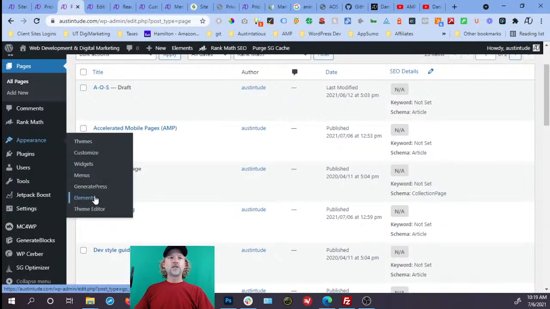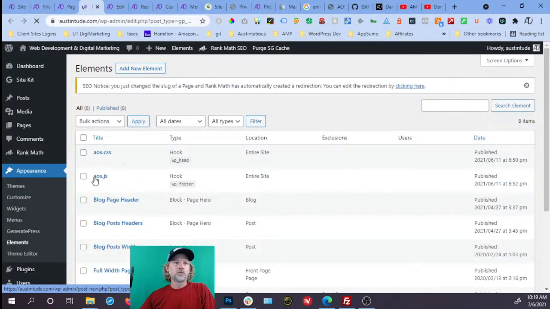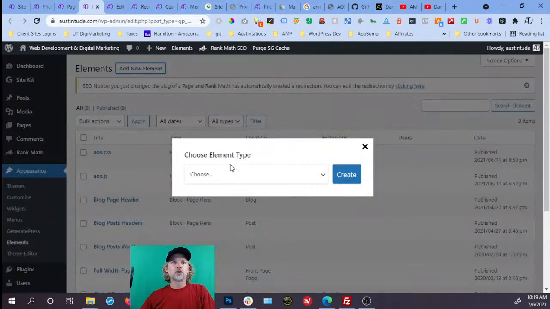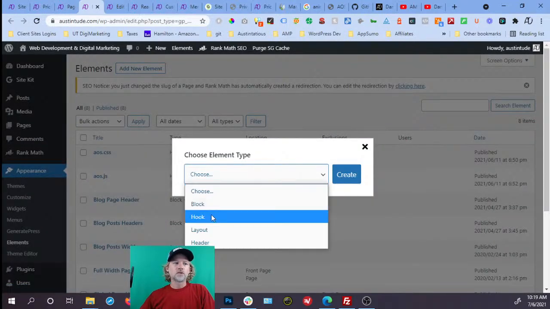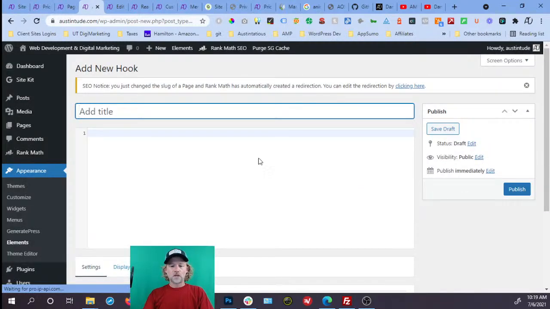I'm going to go into the element, and I've already got one hook, which is the JavaScript hook, which adds it to the footer. So I'm just going to create a new one for the SharpSpring hook. So it's going to be a hook, create it, SharpSpring pixel,